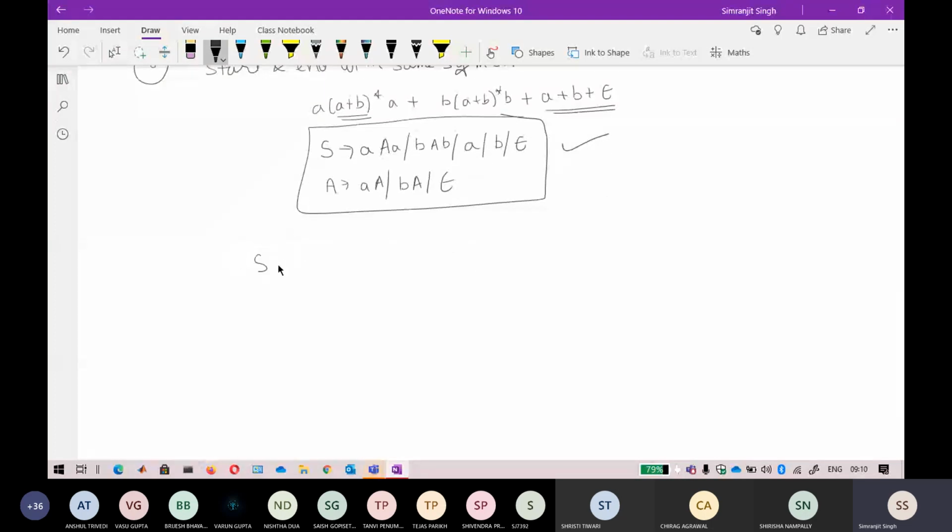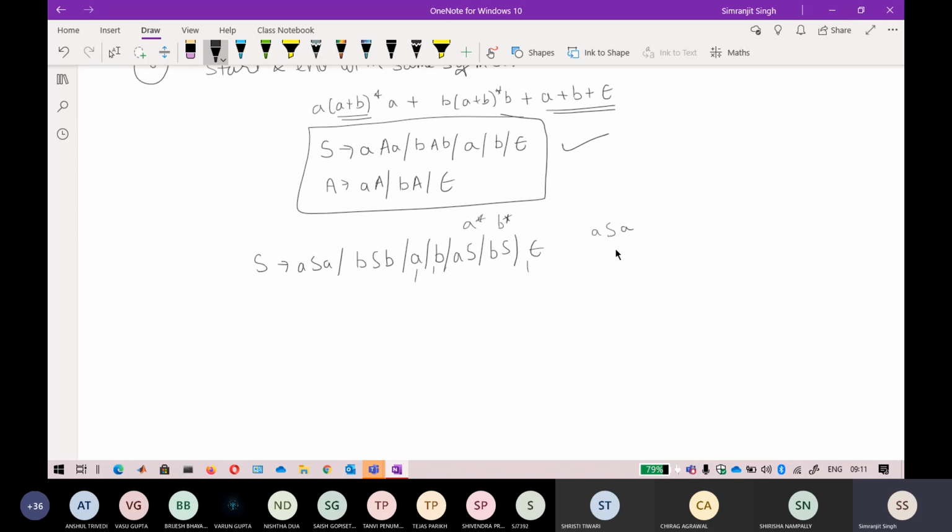Okay, so S equals A S B. Okay, so I think that seems also correct. Just let me see: A, B, and then there is AS, and then there is BS, and then there is an epsilon. Okay, so it means that A, B, and epsilon are part of the language. So AS and BS denote that there is A star and there is B star here. ASA and BSA. Okay, so just let me draw a table here. I think Prachi has tried to do everything in one step.